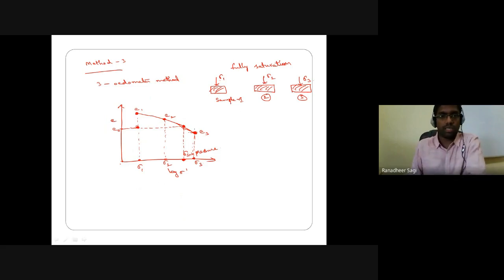So from those 3 points, I join them by means of a smooth curve, and by extending the initial void ratio value of that soil onto that curve, I determine what is called your swell pressure value of that particular soil. Once we know the swell pressure value of that particular soil, then in order to counterbalance the effect of the swelling nature in that particular soil, that much amount of external pressure is what I am going to be applying on that particular soil.